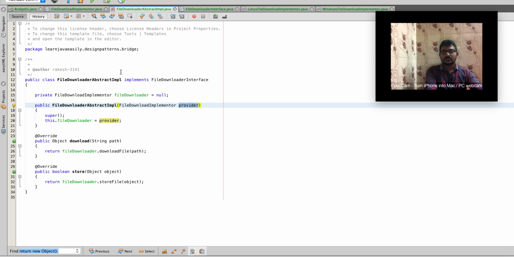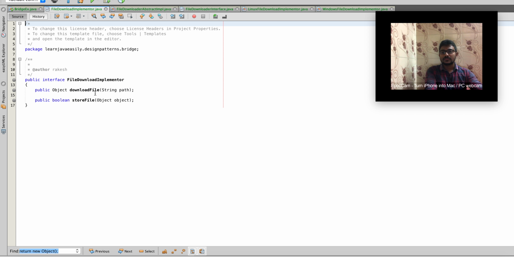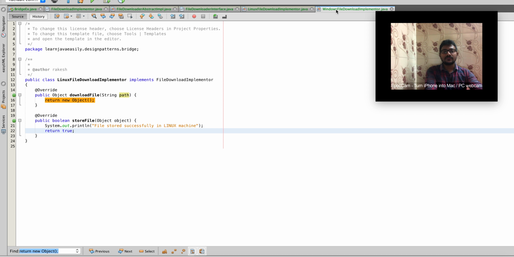And then this is the file download implementer interface, which is present in the implementation layer. It has two methods, download file and store file. This interface has been implemented by two classes, the Linux file download implementer and the Windows file download implementer. I know this program would be very confusing to beginners, so please try to watch this video 2 to 3 times. Even if you don't get the actual intention behind it, you could clone the code present in GitHub. The link for the GitHub would be in the description box of this video, so that you could get more details about this